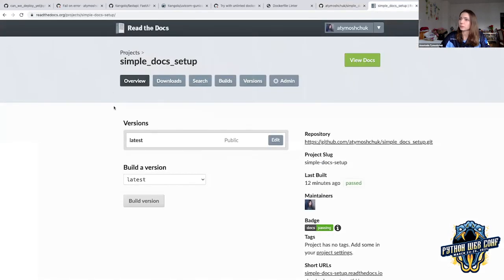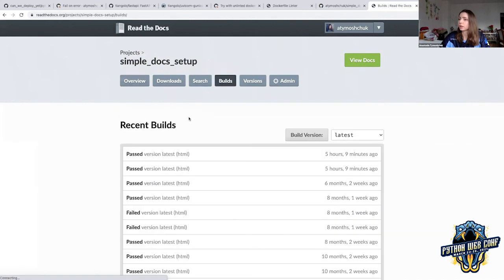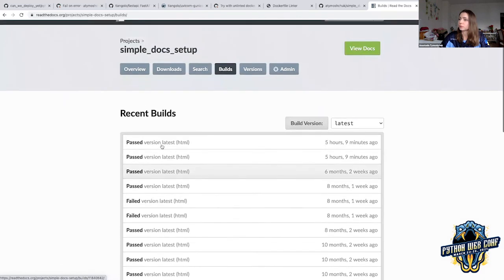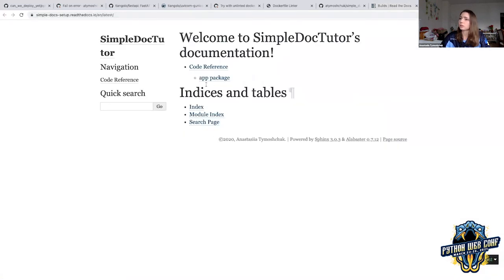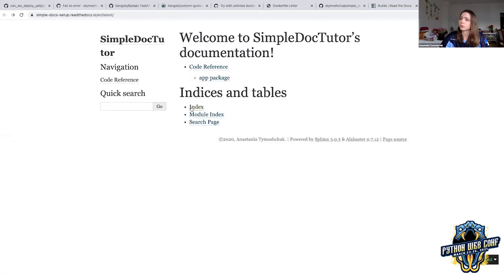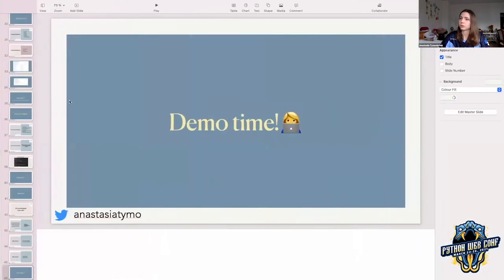Here is my setup for a Read the Docs open source edition. It's also free, and you can see all the builds, 12 minutes ago. Every time when I push the new version, it runs automatically, and then it builds the version. And here how it looks. Of course, there is no documentation because I didn't quite write it, but you can also have the application reference, which would include the code. You can write everything in Markdown, and that would be a first nice start to your documentation.